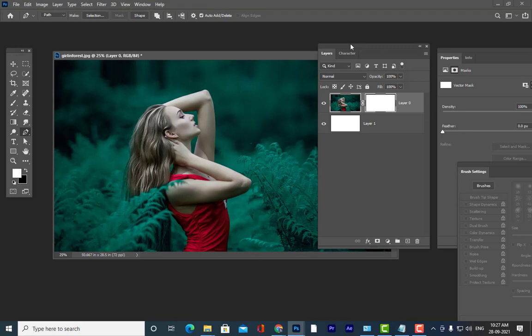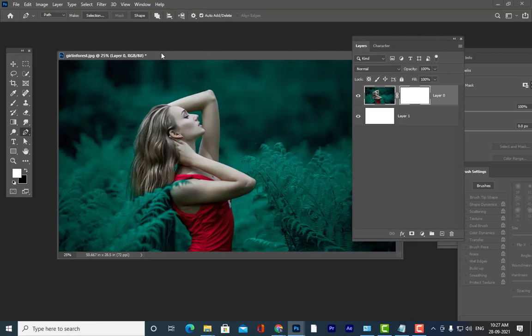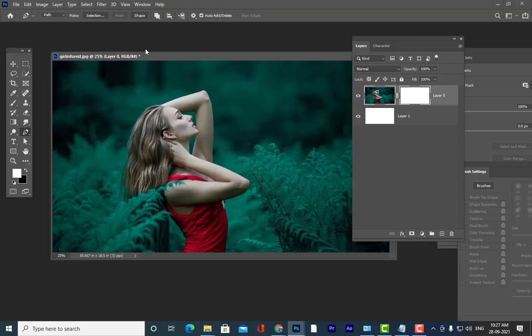But now you will see the difference. I am going to show you the difference. First, the most important thing you all have to remember: here one option is there. Everybody can see this option here. The first option is Combine Shapes. Always keep this one on. When you are using a vector mask, always keep this Combine Shapes option on. If not, you will not be able to see the effect of the vector mask.